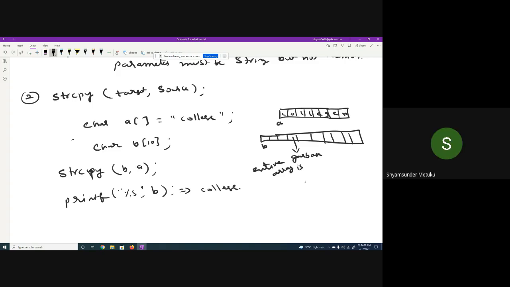Whenever a copy happens, COLLEGE and the null character are copied, and the two places are unused. Two locations are unused, not an issue. Whenever you print B, the null character is also copied, so it will process only till the null character. Even though these two locations have garbage, garbage can be printed if the null character is not there. So the null character is such an important point in strings. Whenever you want to display, if there is no null character, garbage is going to be printed. Instead of college, you might see some